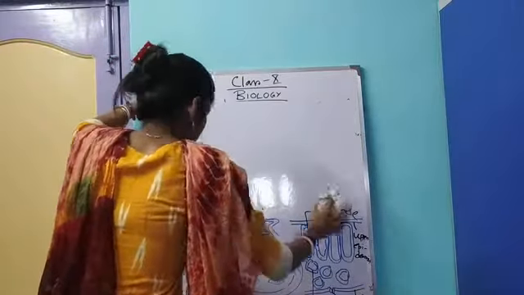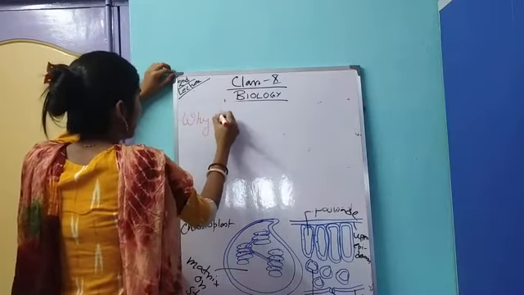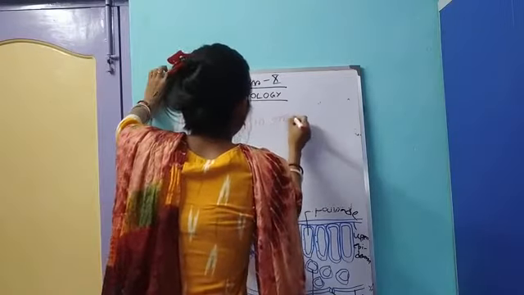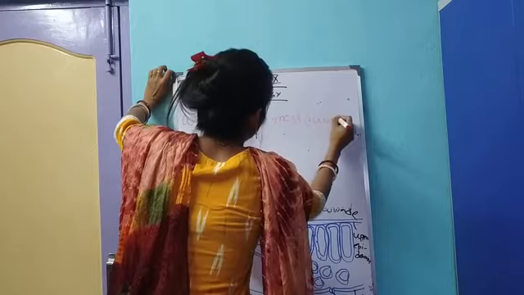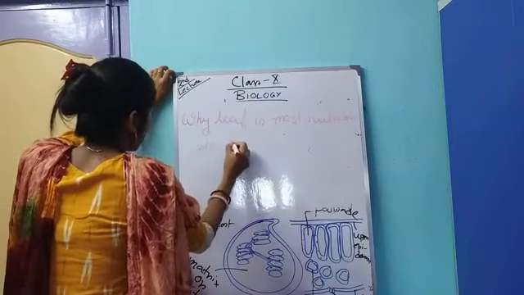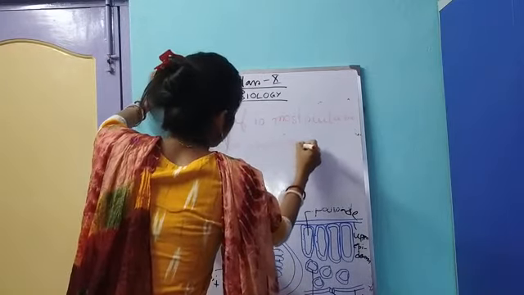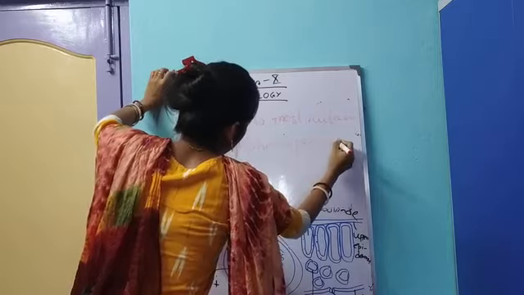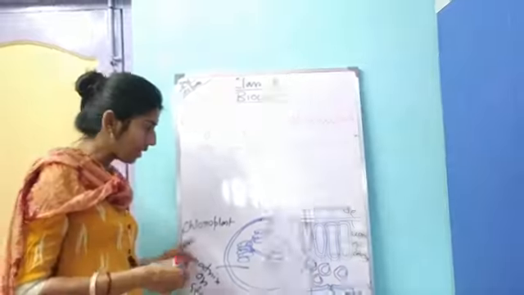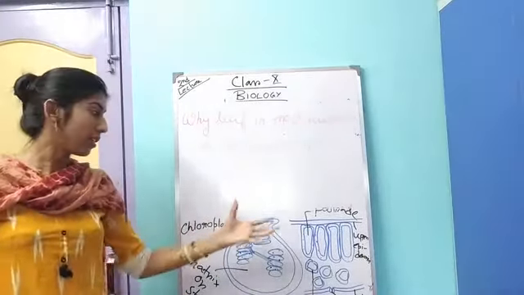If I ask you the question, why is the leaf the most suitable site for photosynthesis? First of all you will answer that chlorophyll and chloroplast, these structures